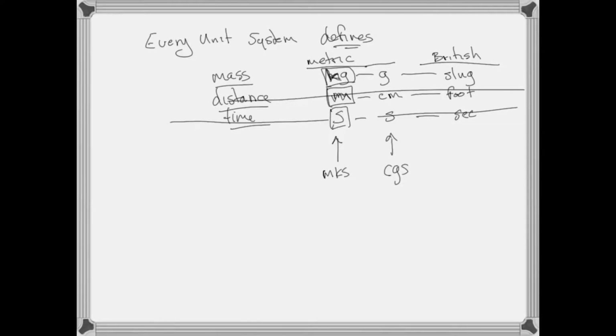But we are going to default to the MKS system. Meters, kilograms, seconds: meters for distances, kilograms for mass, and seconds for time. We're going to default to that. And this is really important, you've got to listen to this and hear it. You do not have to use MKS unless the problem asks you to. In other words, you don't have to convert everything to MKS unless the problem asks you to. But if you don't know what you're doing, my suggestion is to convert everything to MKS so we're all on